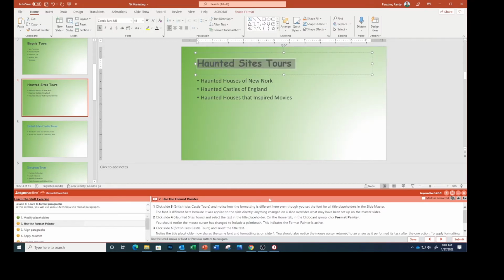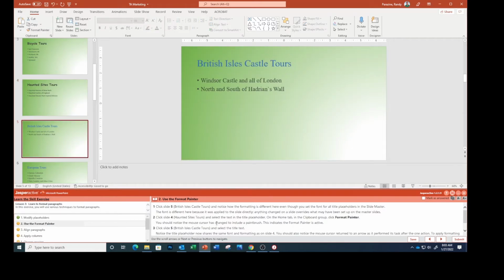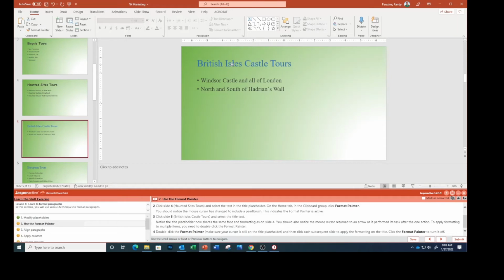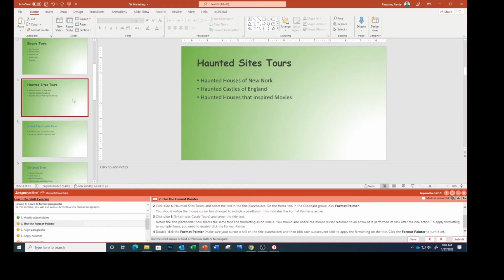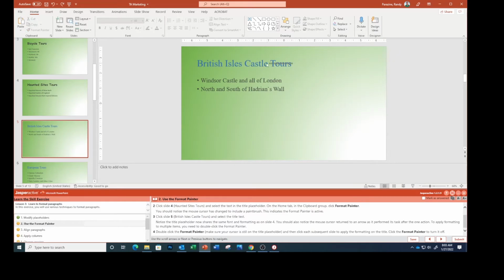On the Home tab in the Clipboard group, click Format Painter. You should notice the mouse cursor has changed to include a paintbrush. This indicates the Format Painter is active. Click Slide 5, the British Isle Tours, and select the title text. I need to go back, and I didn't select all of it. So I gotta go back, click here, Format Painter, and